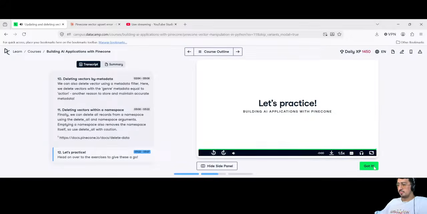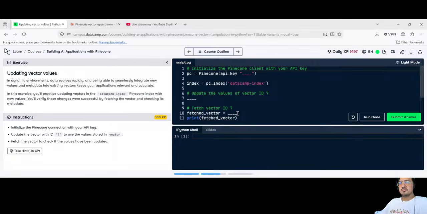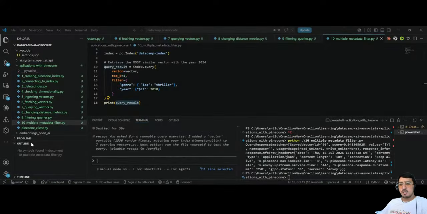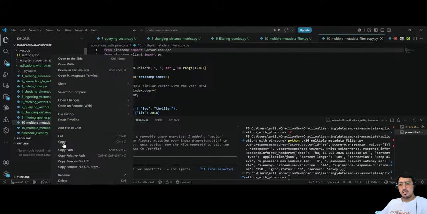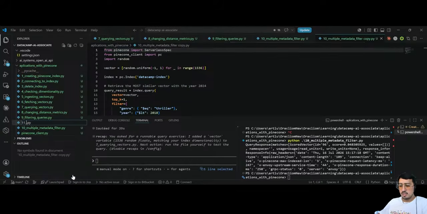That's awesome. Okay, so now let's remove the screen. Let's go back to Visual Studio, and now we're gonna do updating vector values. So we're gonna create a file number 11, update vector values. And now here